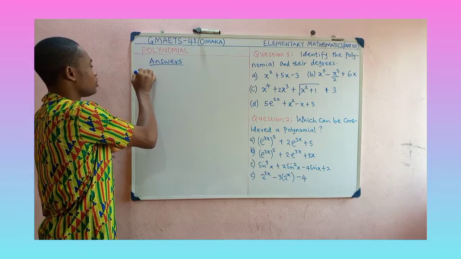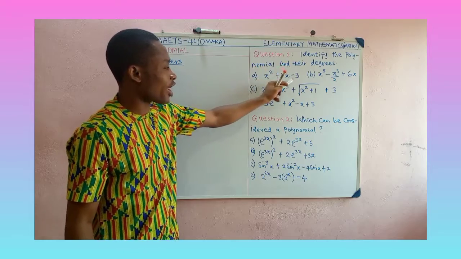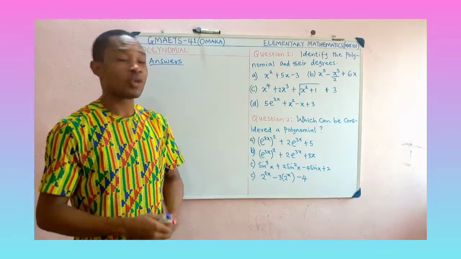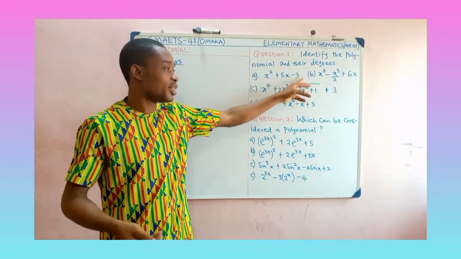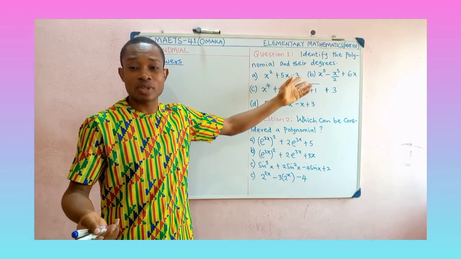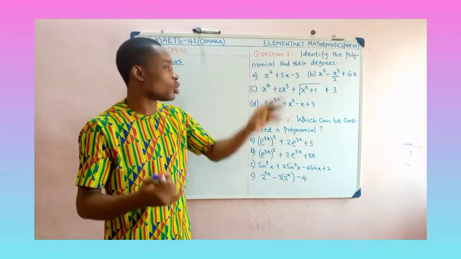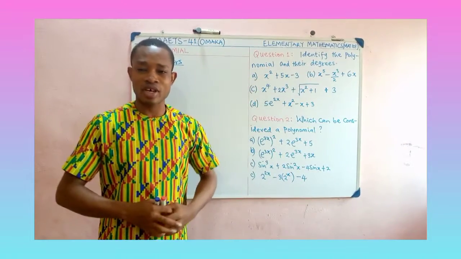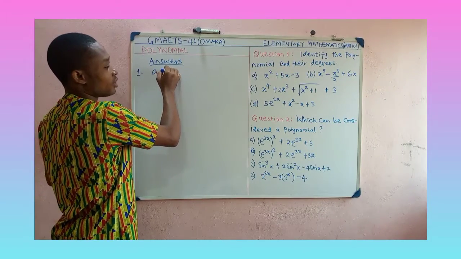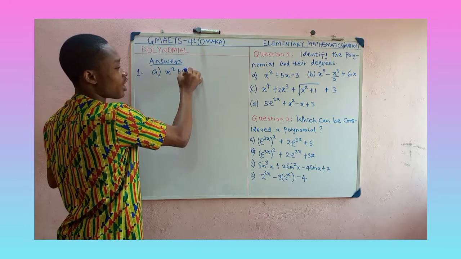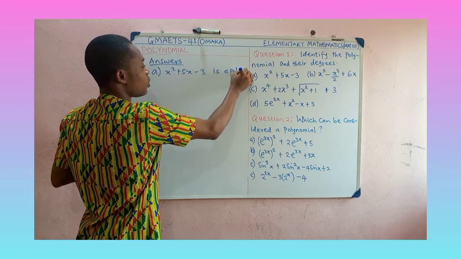Answers. So number 1. Look at this expression a, x squared plus 5x minus 3. That is a polynomial. If you look at the highest power, there is 2. Then you have 5x as power 1, and then 3 is 3 times x raised to power 0, if you still want to put x there. So it's a polynomial because the powers are whole numbers, and also positive integers. So I'll write a, which is x squared plus 5x minus 3, is a polynomial